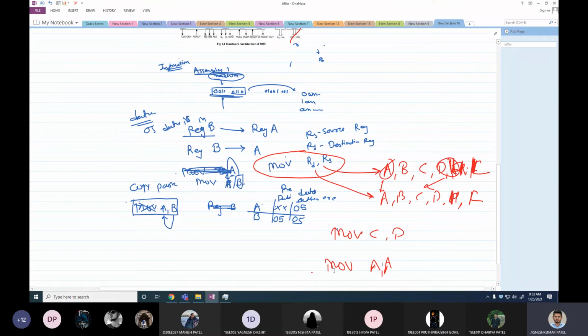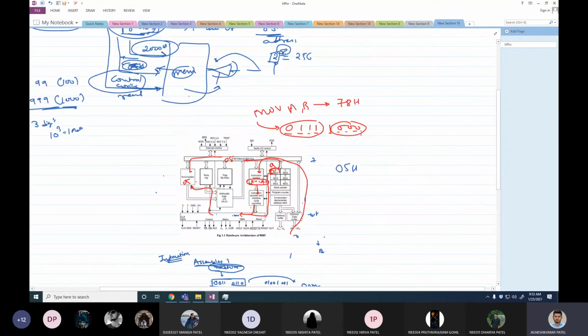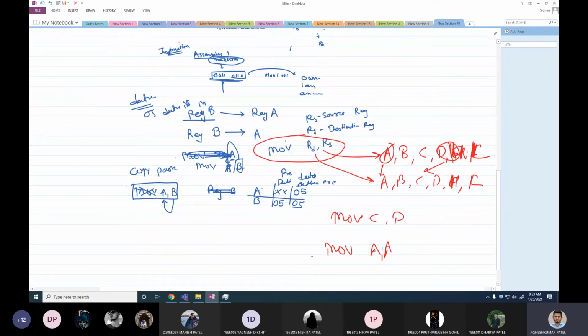So how would a machine see each as a different instruction? It almost looks the same. We know that this is the assembly code. This is how we understand the program, or the instruction. How does a machine understand the instruction? It just has an 8-bit number and it processes this 8-bit number. So we are going to provide this number, and there would be a unique number for each of these combinations. Like D to C would be a different number and C to D would be a different number.